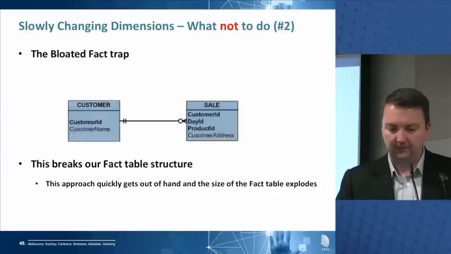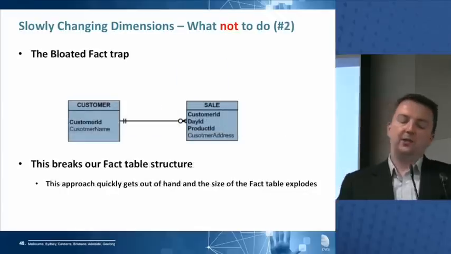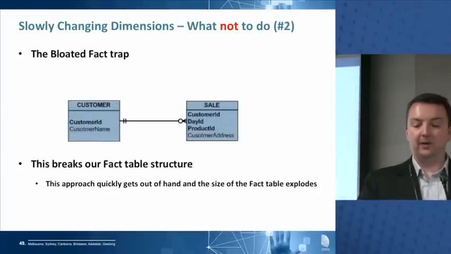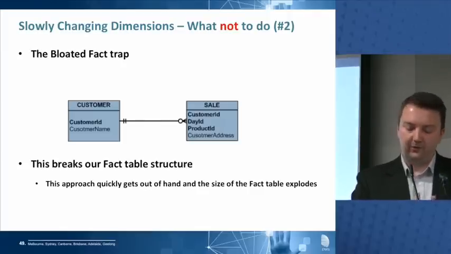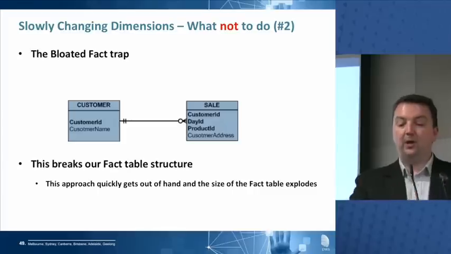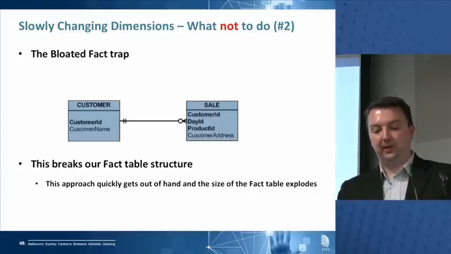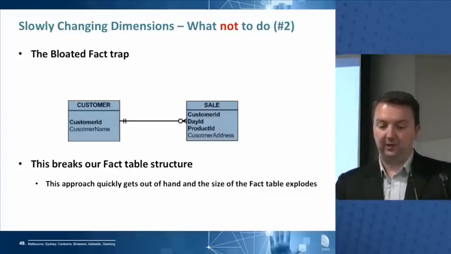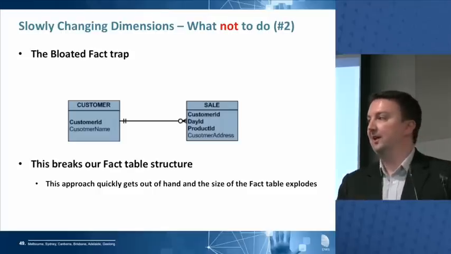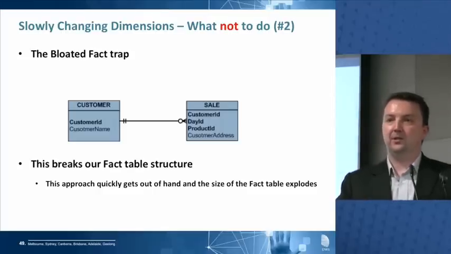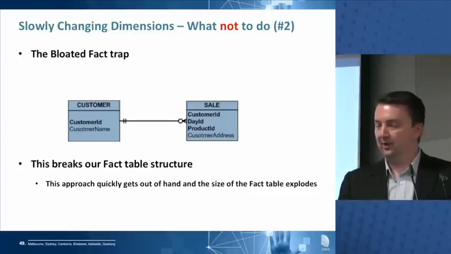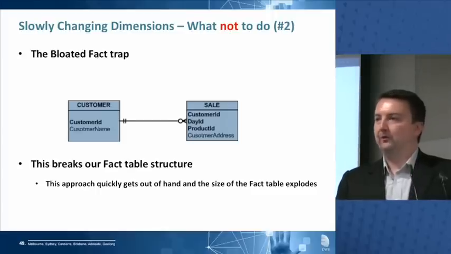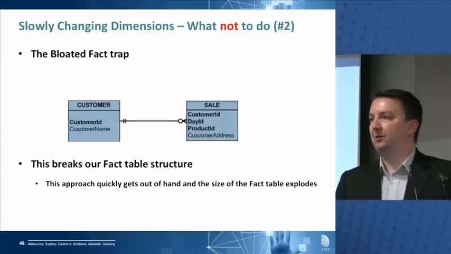What not to do, number 2. So you go, okay, you can't have many to one on the customer table. You can't put it in the customer table because when you overwrite it, that's bad as well. Why don't we just stick that piece of information, which is sensitive over time, against the sale itself? Because that way, this sale applied to this customer and was made at this address. That makes sense, right? What if we solved all of our problems that way? How might our fact look?